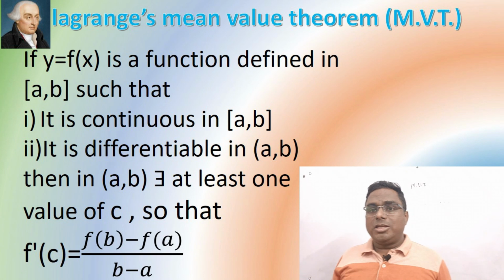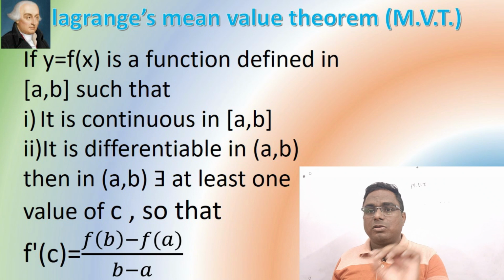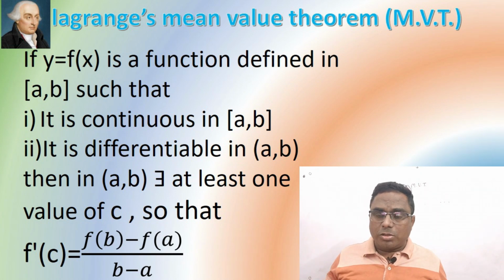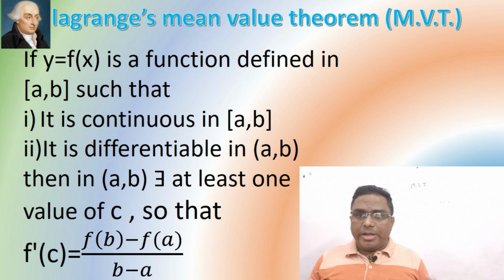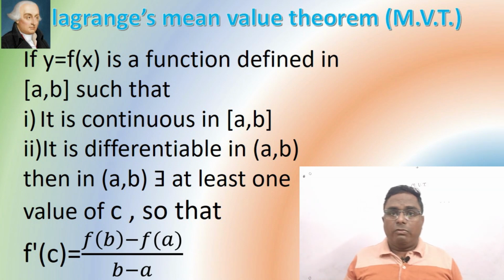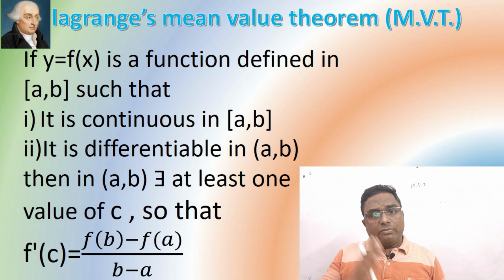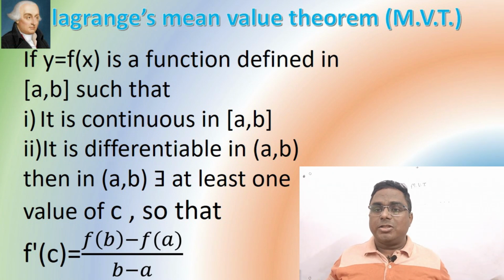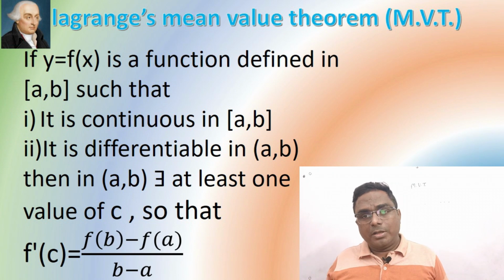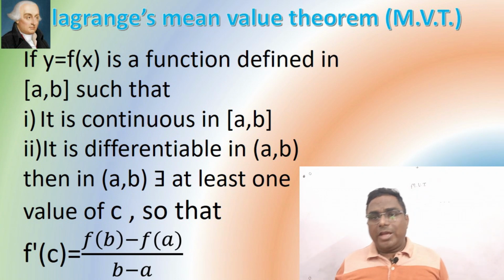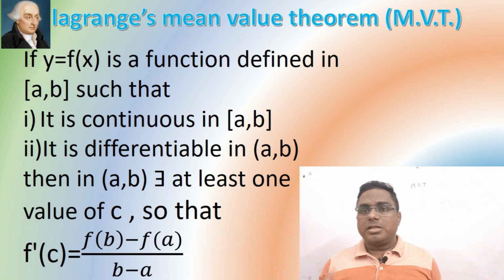It means while studying the topic of Lagrange's mean value theorem, you do not have to bother about the values of f(a) and f(b), whether they are equal or they are different. They may be equal also, they may be different also. You do not have to worry about the values of f(a) and f(b). But when you study Rolle's theorem, then the values of f(a) and f(b) must be equal. And in Lagrange, there is no restriction on the values of f(a) and f(b). They may be equal also, they may be unequal also. Alright, so we have seen the definition of Lagrange's mean value theorem.